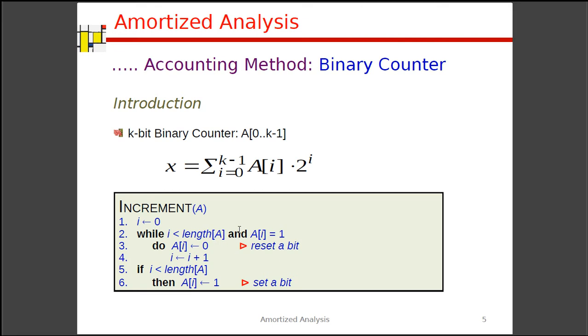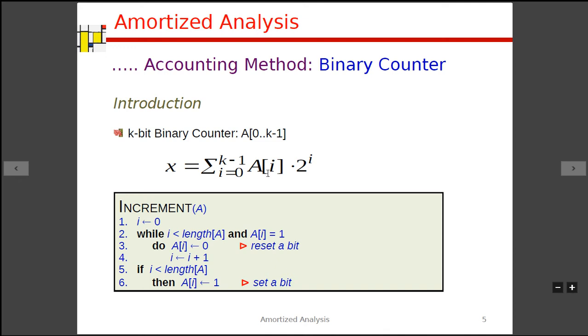So that particular 2 raised to 2 or 2 raised to 3, here 2 and 3 are nothing but k. So we are getting here a k-bit binary counter. How many permutations we can create depends on the value of k. If we have to calculate the value of x, in that case we should take this summation of i equal to 0 to k minus 1 of a of i into 2 raised to i.